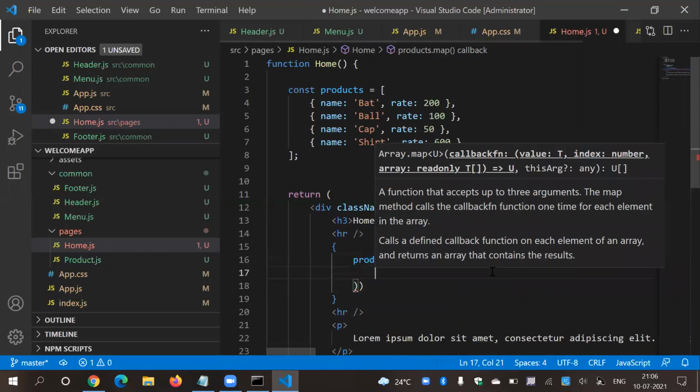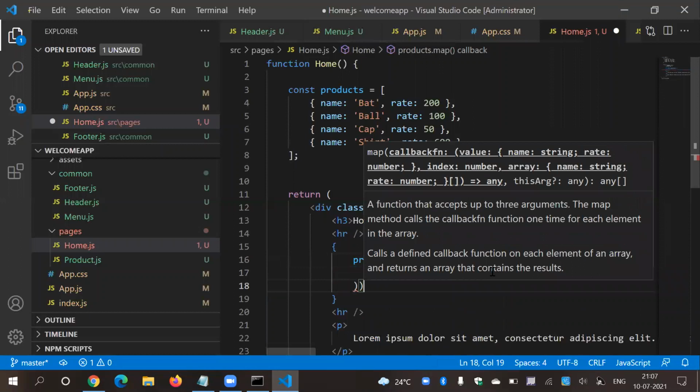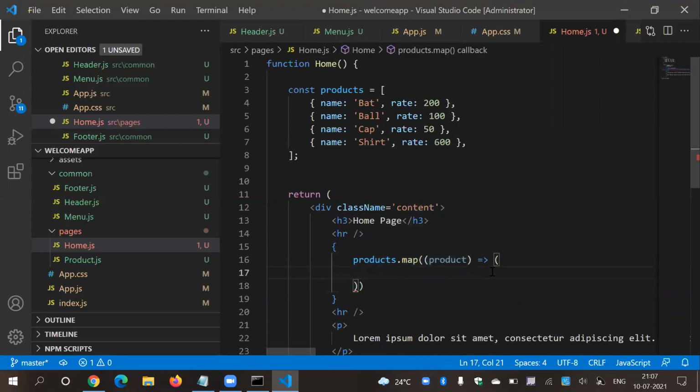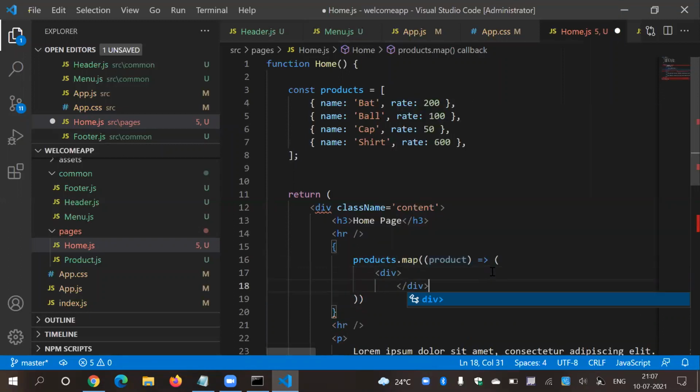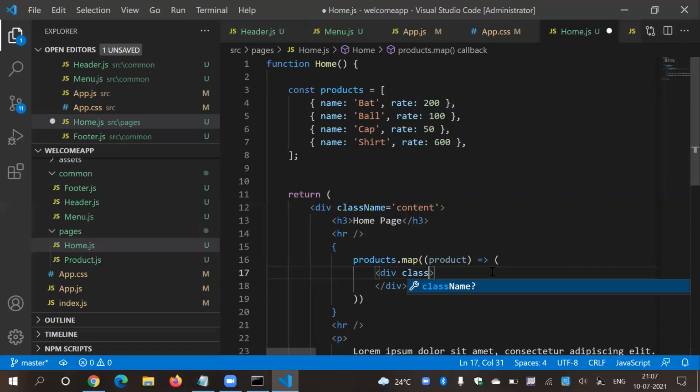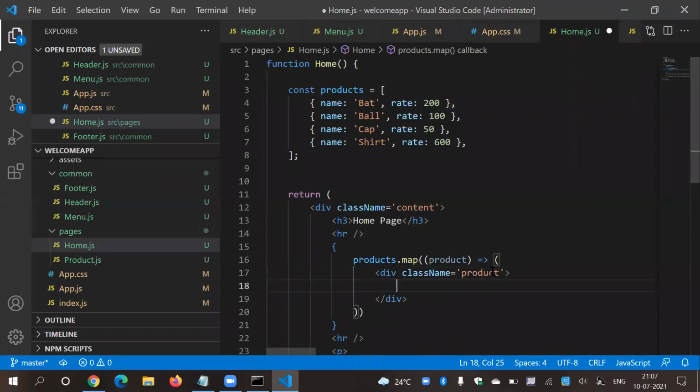And awesome. Here I will specify div, closing div, and with the class name, in that I want the product name. So in curly braces, simply say product dot name.